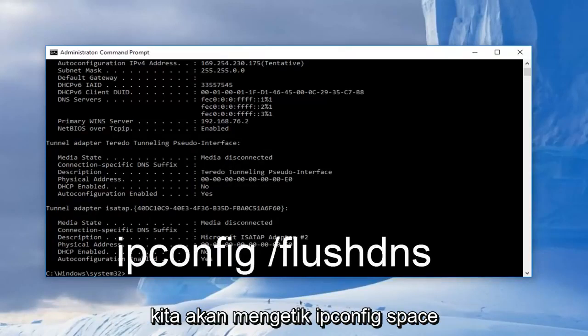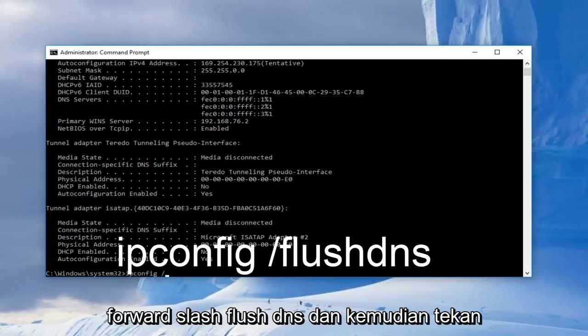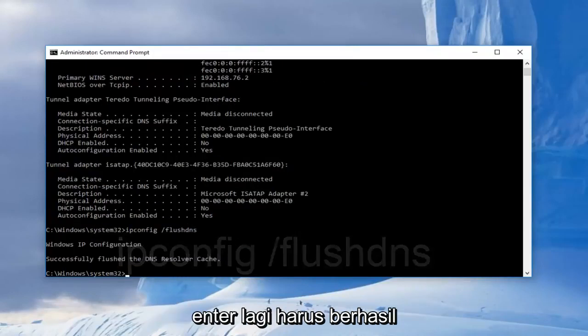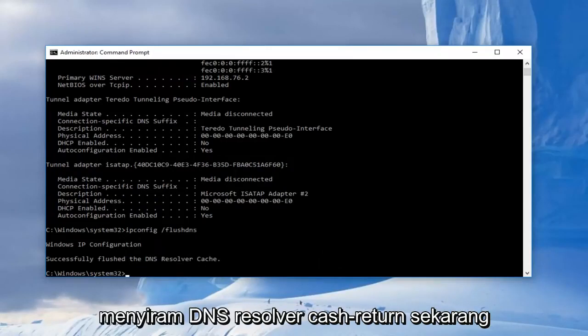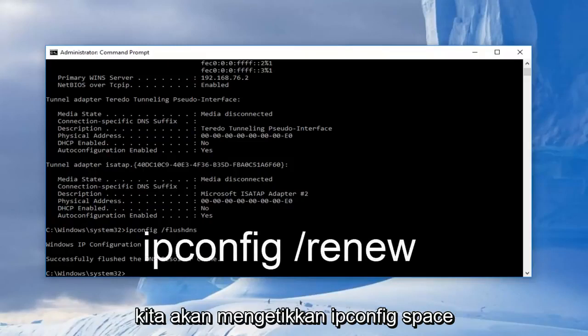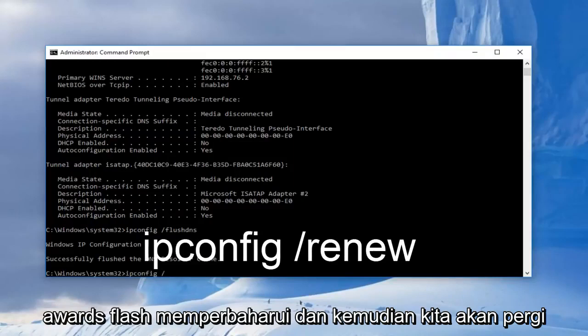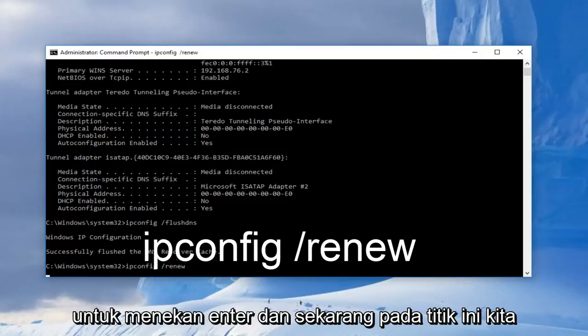And now we're going to type in ipconfig, space, /flushdns, and then hit enter again. Should get a successfully flushed the DNS resolver cache return. Now we're going to type in ipconfig, space, /renew, and then we're going to hit enter.